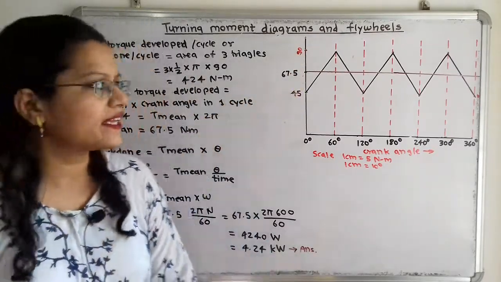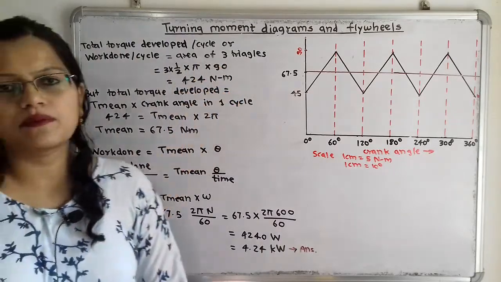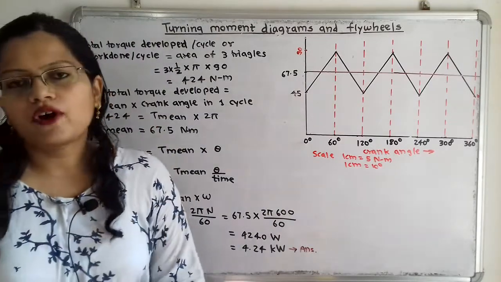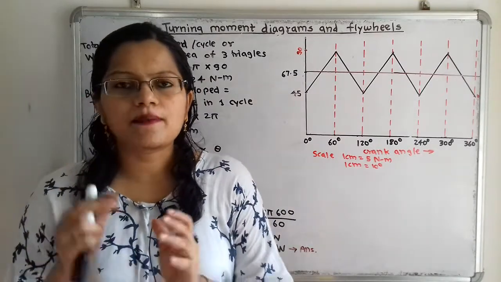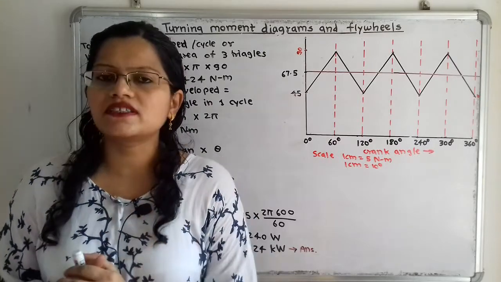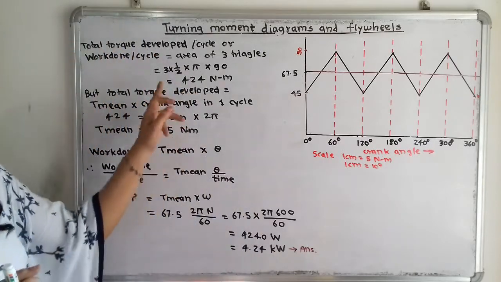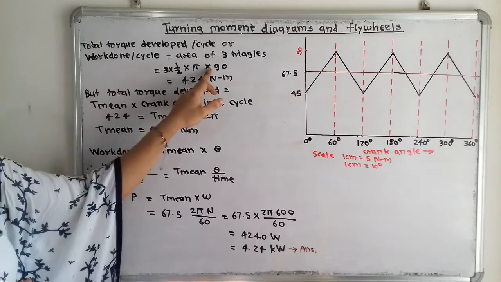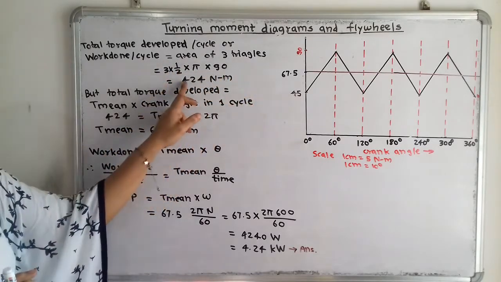For the base, for one cylinder, this cycle is completed during the angle of 180 degree. So we will convert this into radians, that is pi. So we have to take 3 multiplied by half multiplied by pi multiplied by 90,